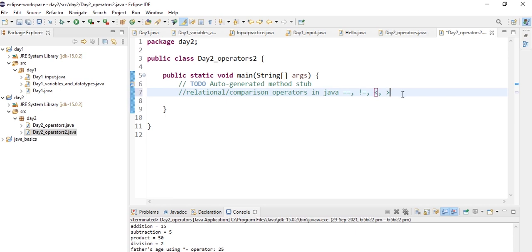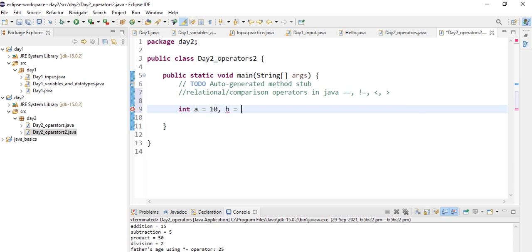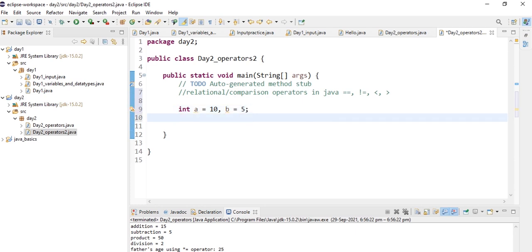So first let's create two variables a and b of integer data type. Let a equal 10 and b equal 5. So now let's keep on printing this.